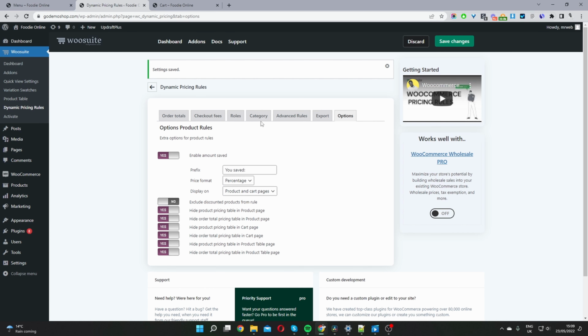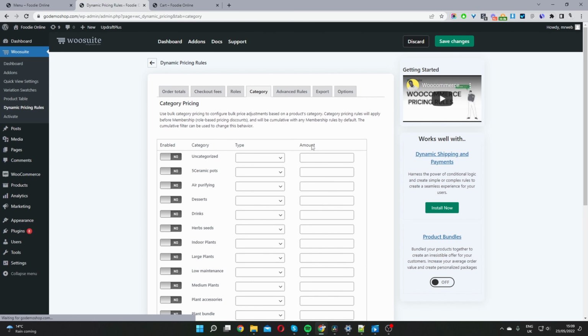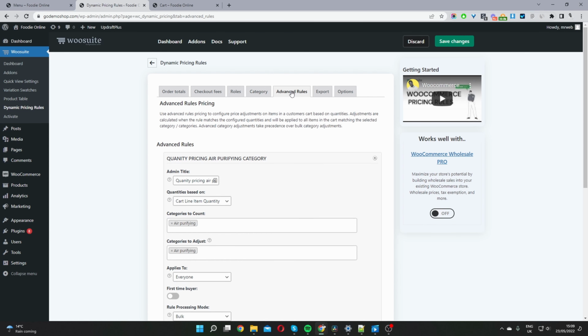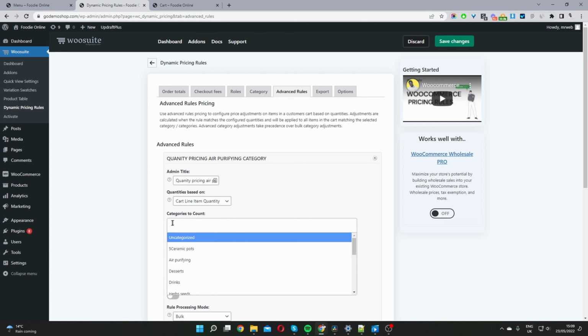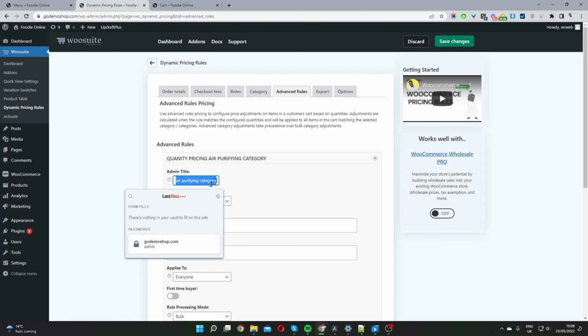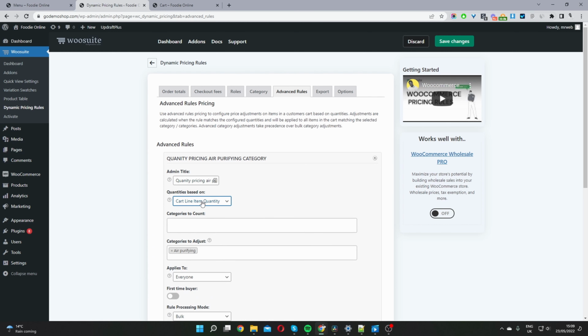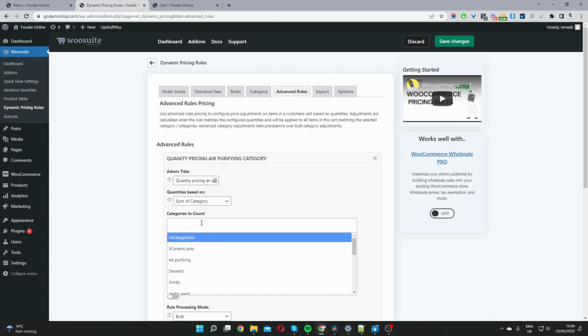So let's say, for example, you wanted to create a bundled deal, a bundled discount. You would navigate to advanced rules, and this would be perfect. So again, just like before, we give it a title, so we'll just name it so it makes sense, right? Cart based on the line item. In fact, I'm going to set this for the category sum for this bundled discount, and then we can say if a user purchase, so imagine this was a pizza shop, right? So let's say if a user purchase,